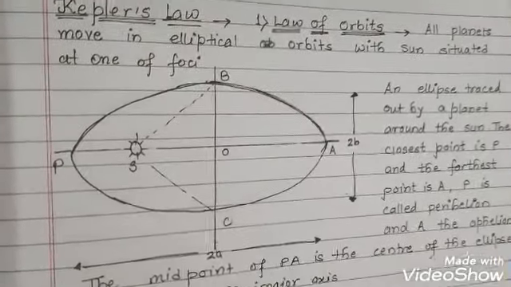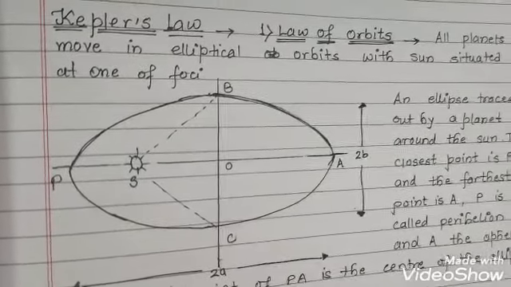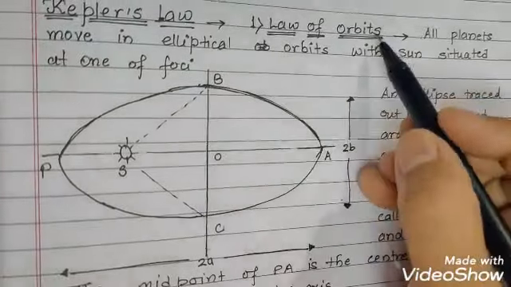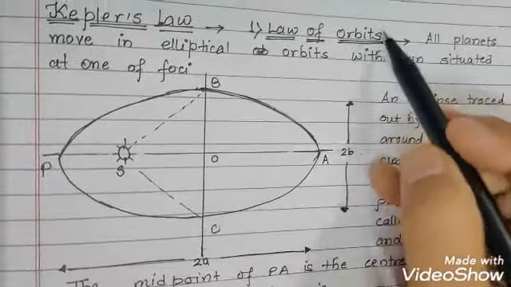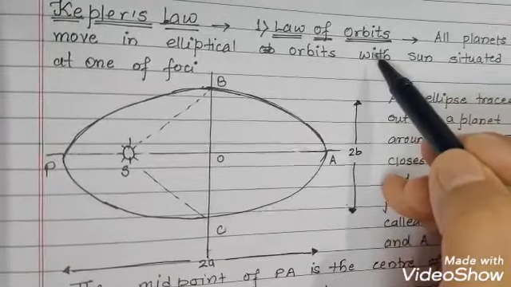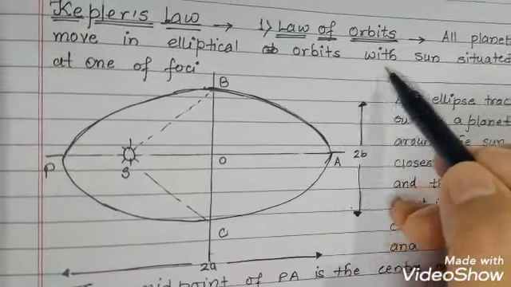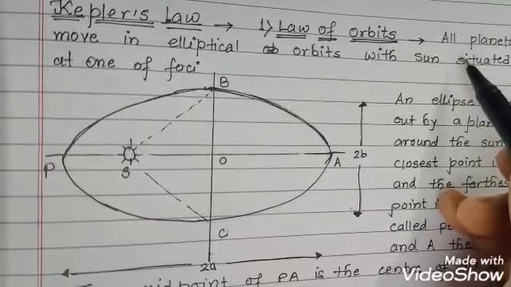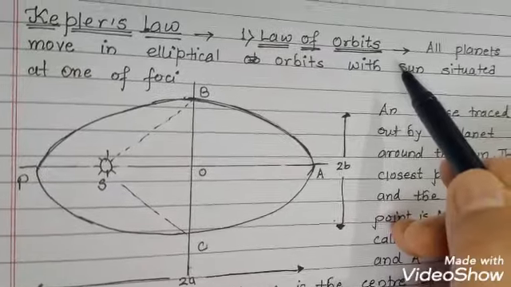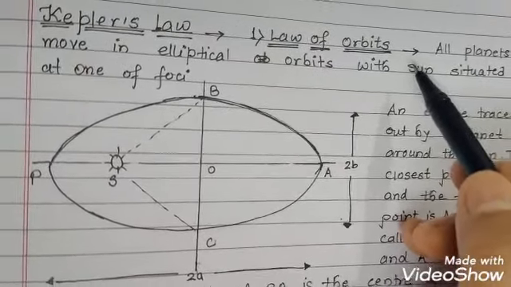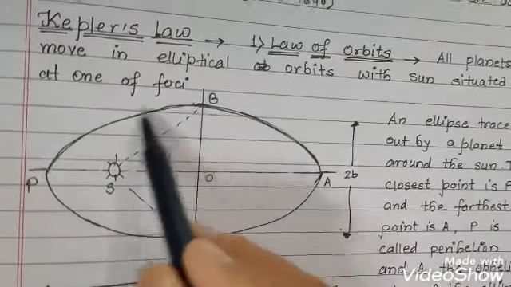As we have seen in the introductory part, Kepler has given three laws. The first law is called the law of orbits because it tells us about the orbits of the planets in which they are revolving around the sun. All planets move in elliptical orbits with the sun situated at one of the foci. This is called the law of orbits, or the first law of Kepler, in which he was saying that